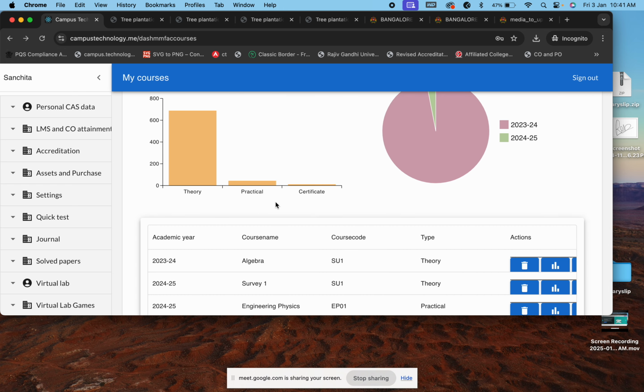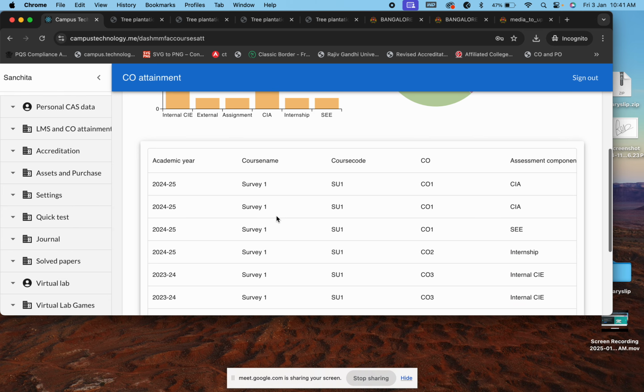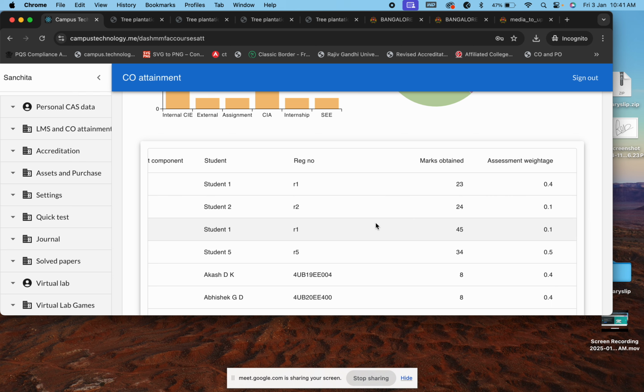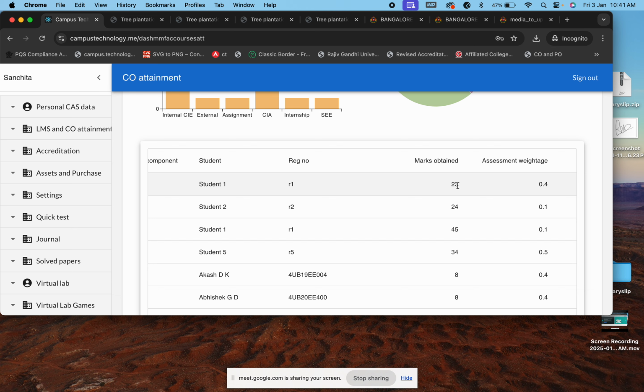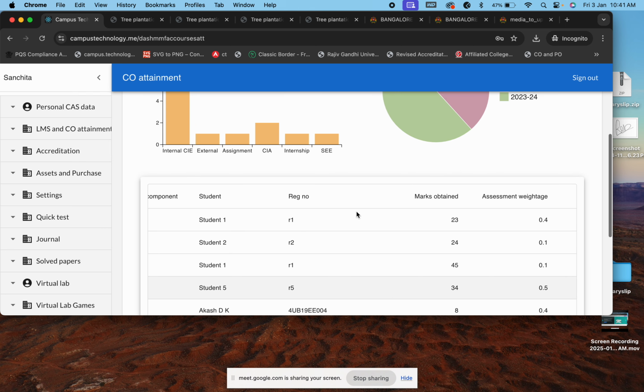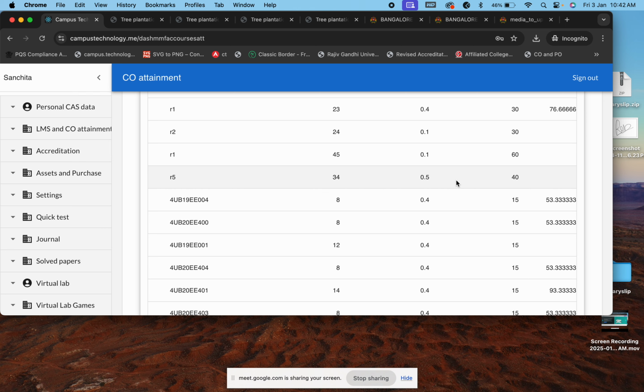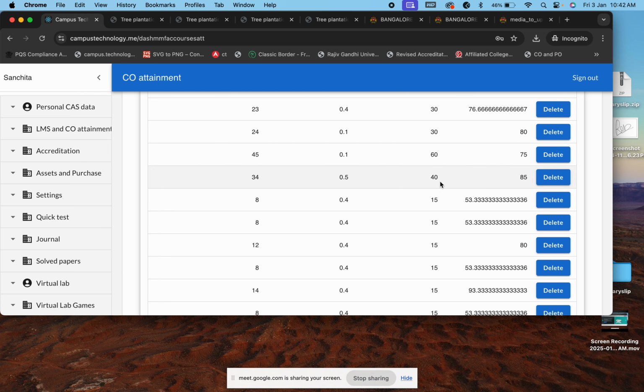Here you're adding the student details. Whatever threshold you are giving, in your Excel sheet marks obtained, if my threshold is 10 and you add a student who has scored 7, that will not be uploaded. It will not be considered for attainment. That is basically like your cutoff marks. Since it is per paper, after you set the threshold and upload the Excel, any row that has marks less than your threshold will not be uploaded here for attainment calculation. Yes, I got it. So it is per paper.